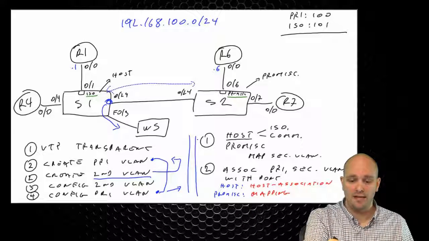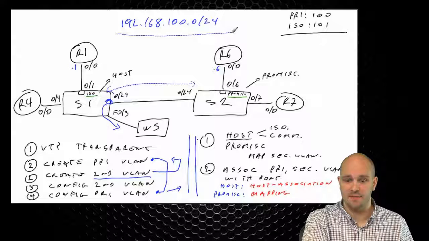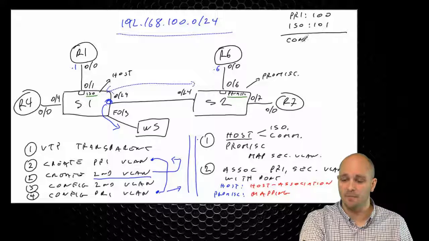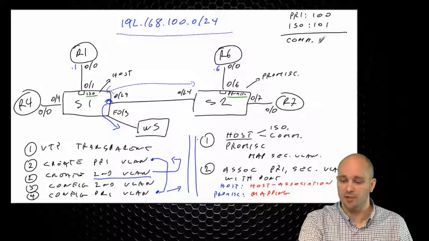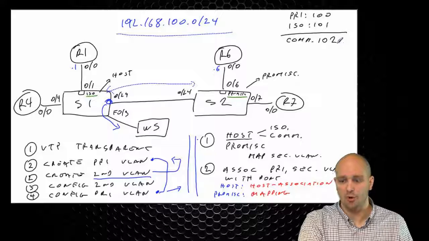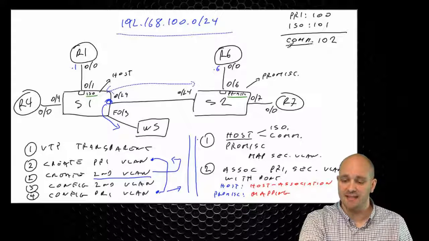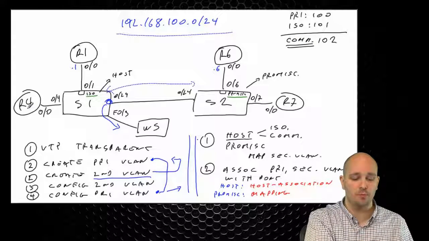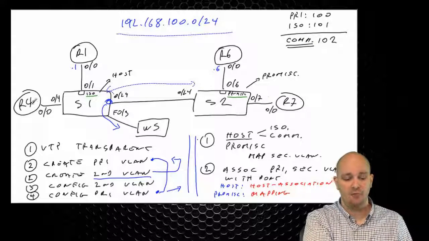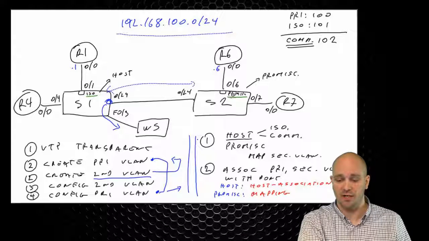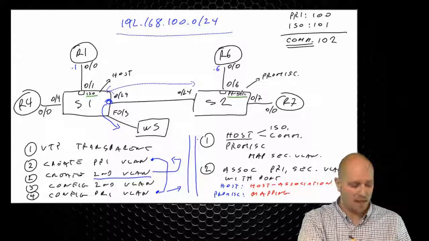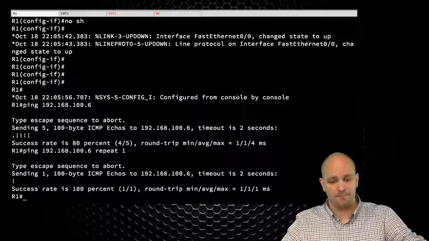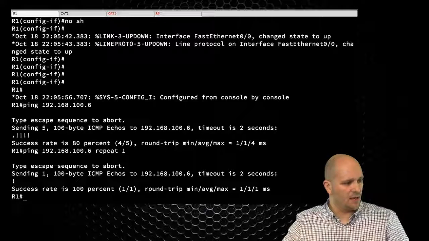Now, these are going to be in the same subnet, but what I want to do here is add them to the community VLAN. So this is going to be VLAN 102, and I'm going to create this as the community VLAN. What I want to see with this is the communication between R4 and R7 and between R4 and R6, which again, remember, is the promiscuous port. So let's add our R4 and R7 to the mix, but before I do that, let me first create my